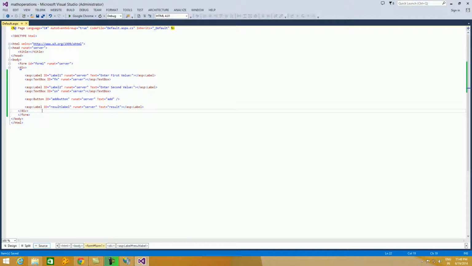So this is the arrangement of the controls which we have copied from the toolbox.